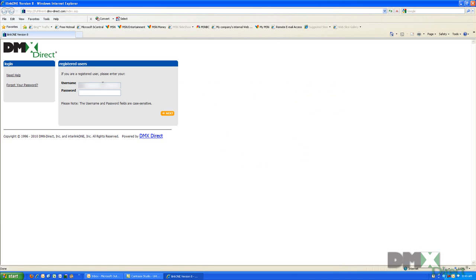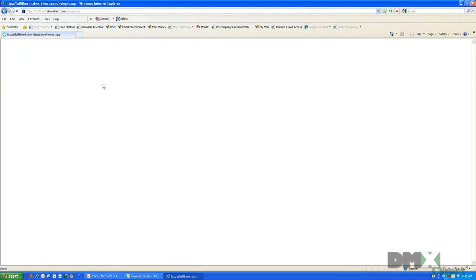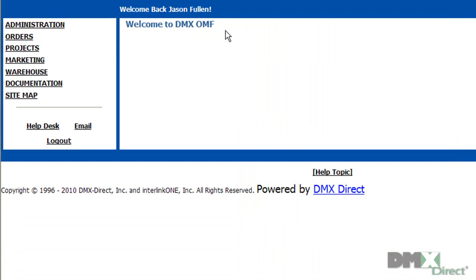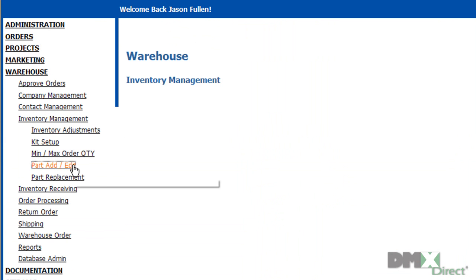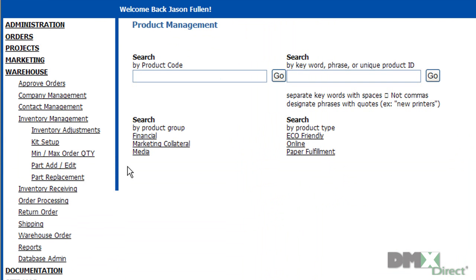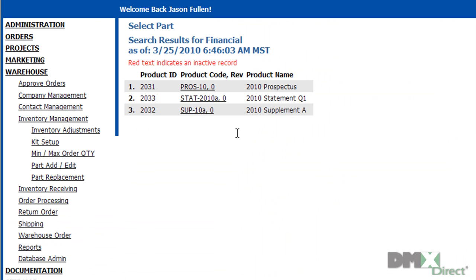So we'll launch into the OMF system using our username and password, and I'll first want to show you the actual setup process in order to initiate the order approval for an individual part. So through the warehouse module, go to inventory management and then part add edit, which will take us to the product search page. We'll go ahead and just search by product group and click on financial, and then access this